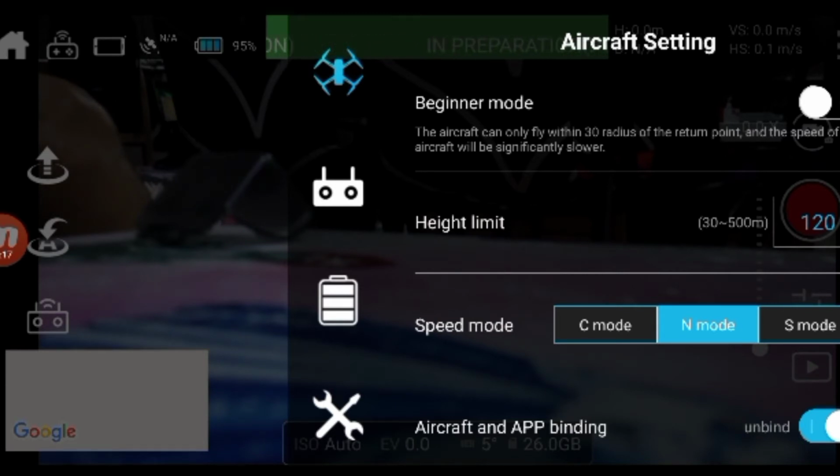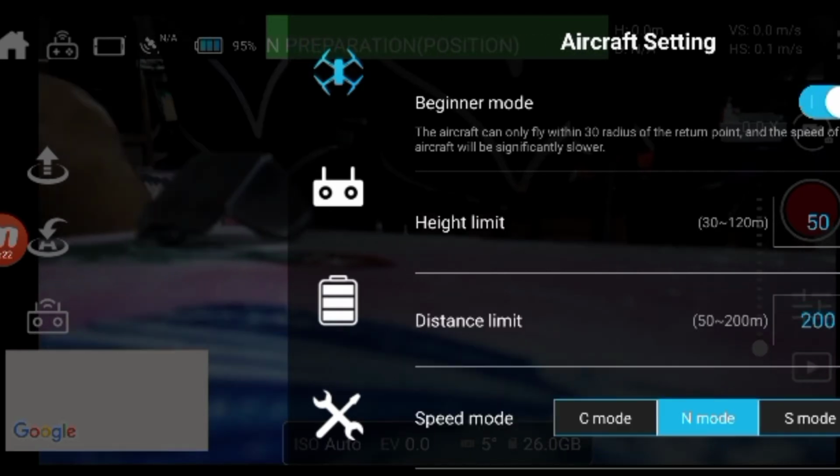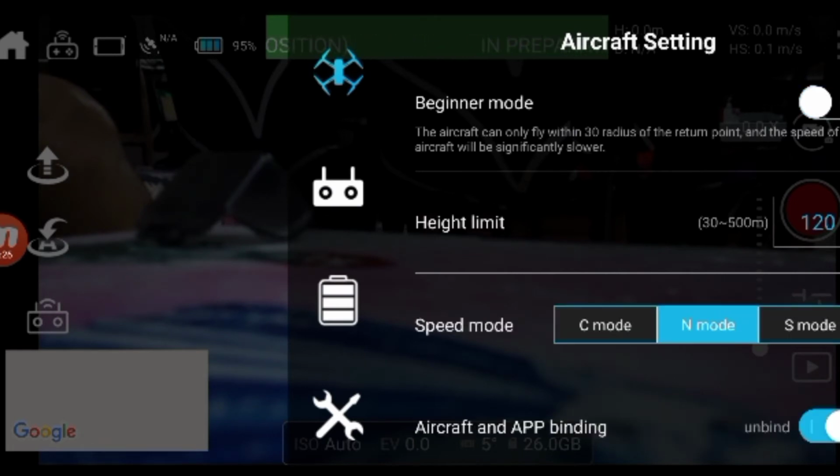So this is the beginner mode. You can toggle it on, or you can just toggle it off. Then here is the height limit, you can adjust the limit you desire.